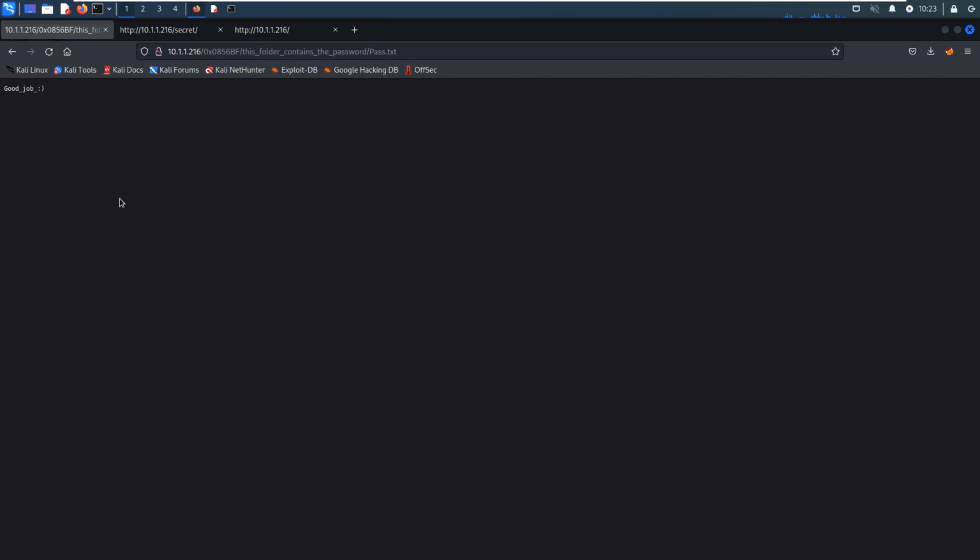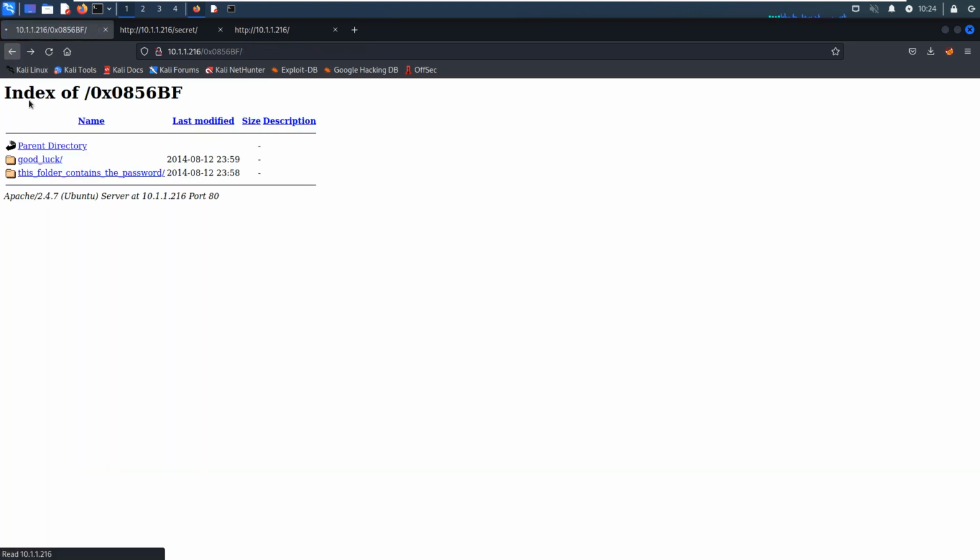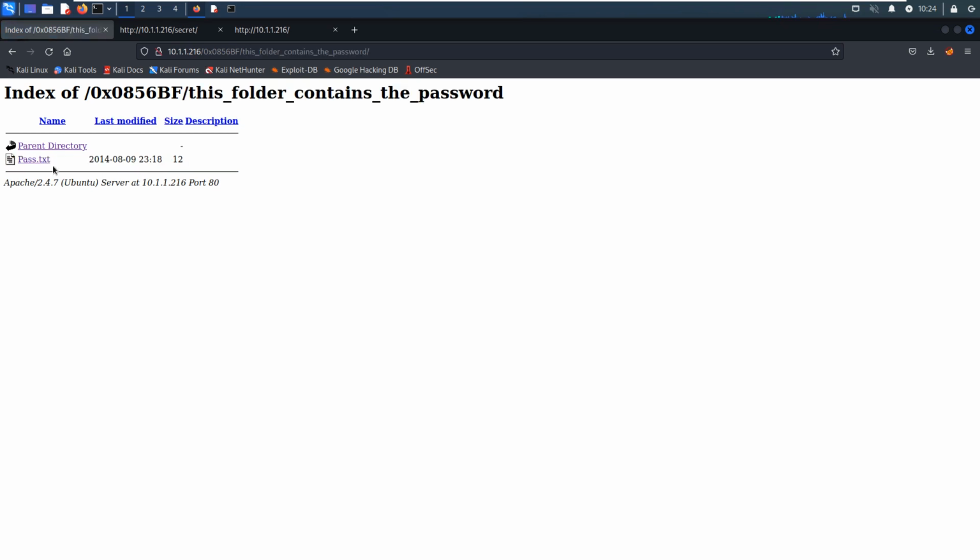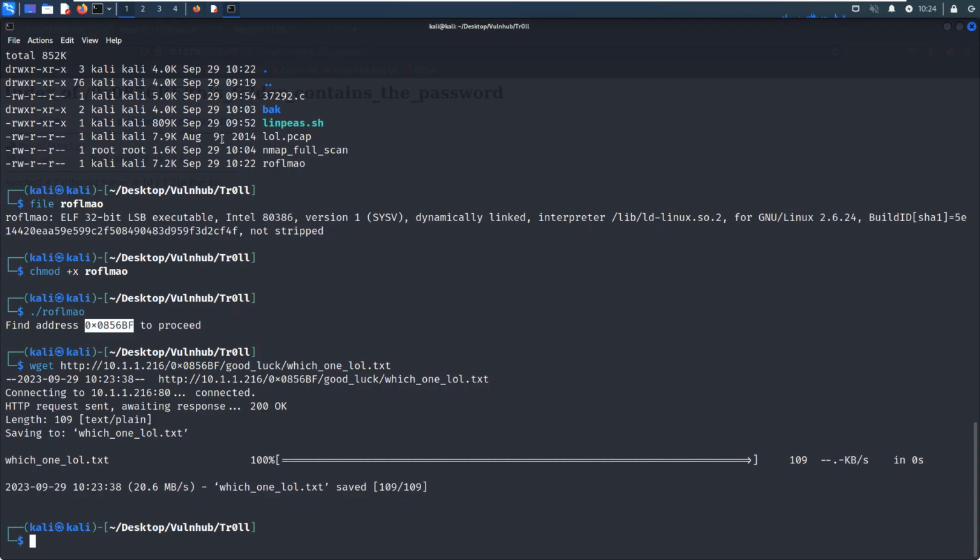So you also can try this one as a password to log in to the target, but this is not the actual password. Okay, but from the directory name, we can know that this folder contains the password. This is a hint given by the author. So maybe the file name itself is a password. So we can use Hydra to crack